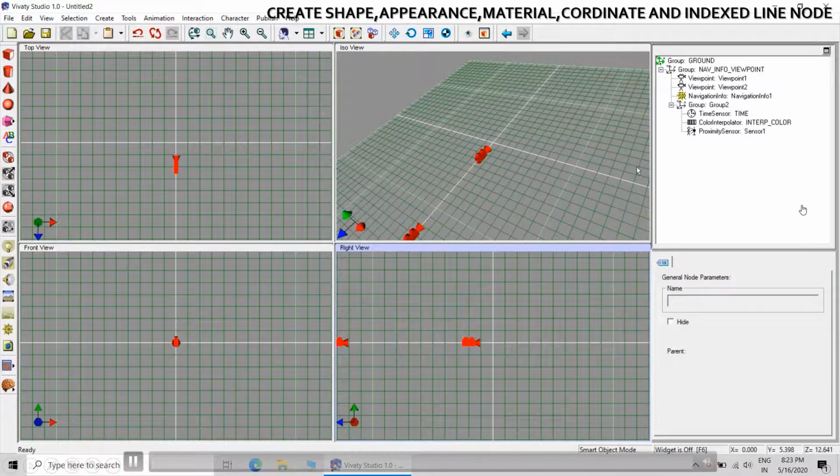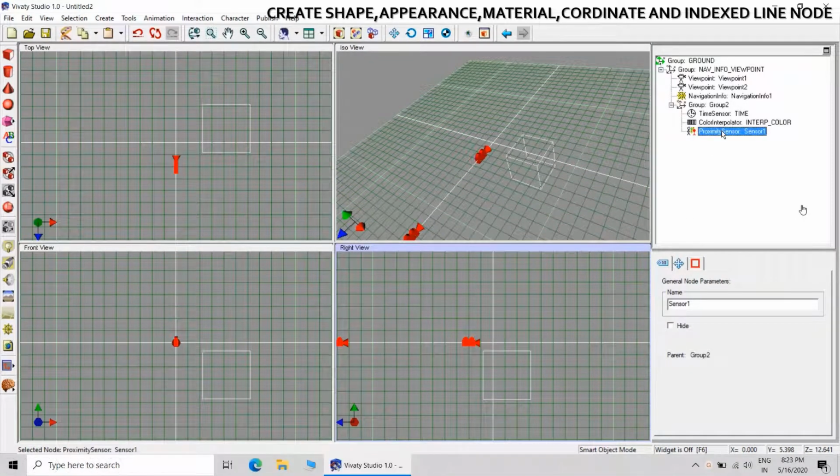So see the coordinates of group and then the coordinates of proximity sensor. Now in this particular step, we will be creating the shape, appearance, material, coordinate and index line set nodes. So first will be proximity sensor.